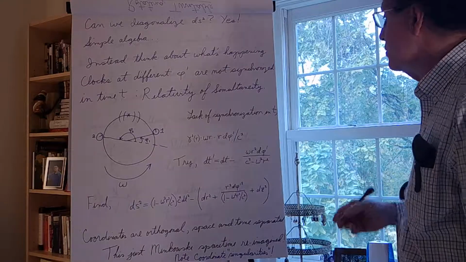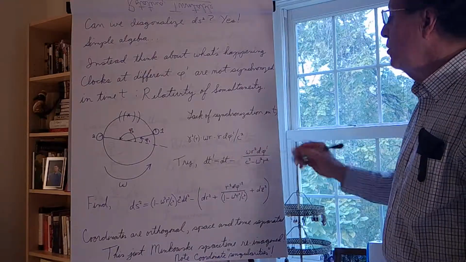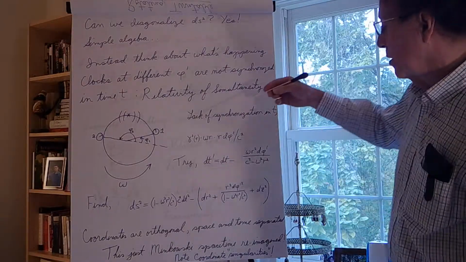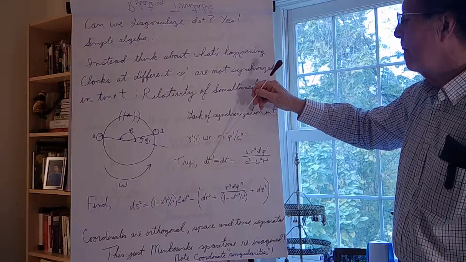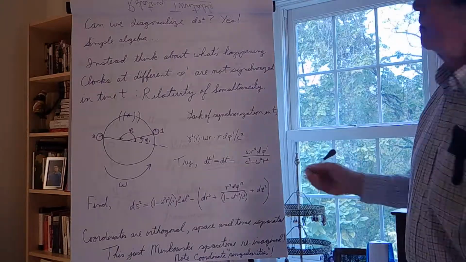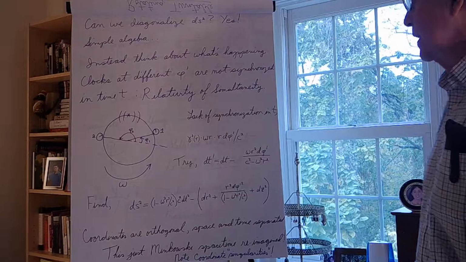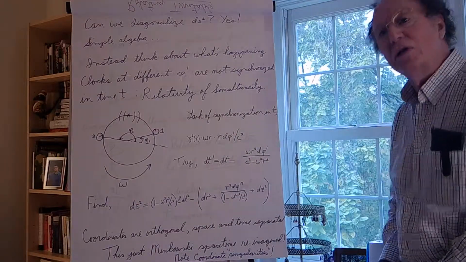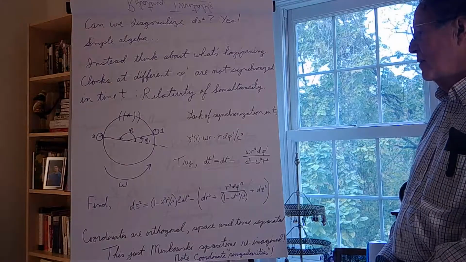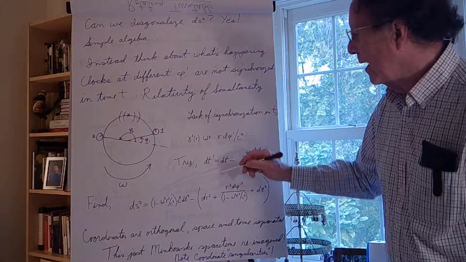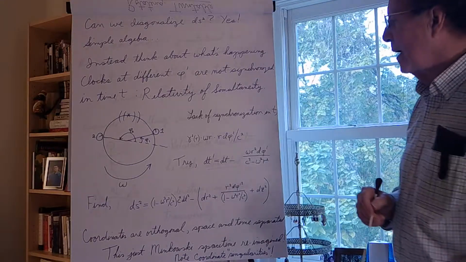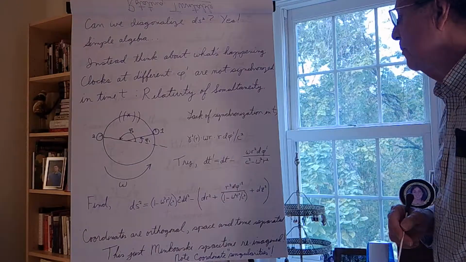So it compels me to therefore try a new time variable which accounts for this lack of synchronization. Okay, and so that's what I do. I take my dt prime variable, I write it as a dt corrected for the lack of synchronization. Plug that into the metric, and lo and behold, that's exactly the right transformation to complete the squares. Okay, and so then I'll find that ds squared is equal to a dt squared term, which I already wrote down, that expresses time dilation of a moving point at fixed r, theta prime and z,